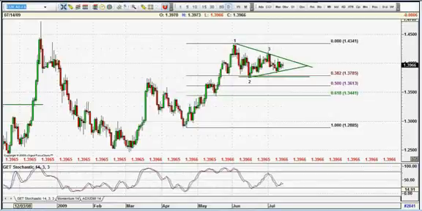Okay, euro dollar daily chart. We're continuing from last week's technical analysis of this currency pair, looking at a potential 1, 2, 3. Now it's set up as a 1, 2, 3 top, but remember it's not a real 1, 2, 3 top until it actually breaks that number 2. And of course, that's when we want to go short, is when the market does break that number 2 level,